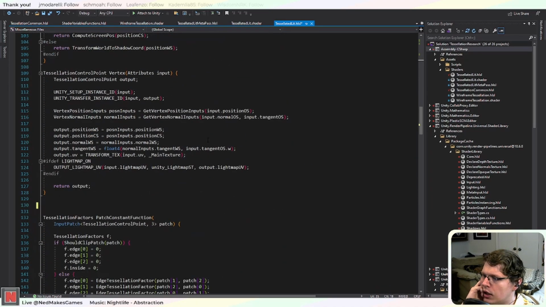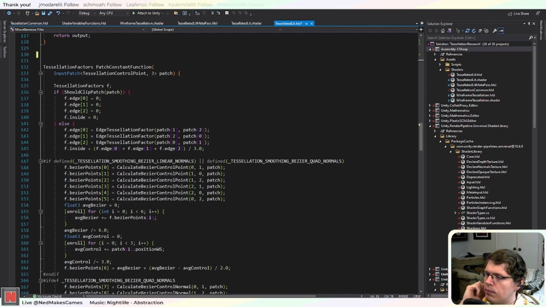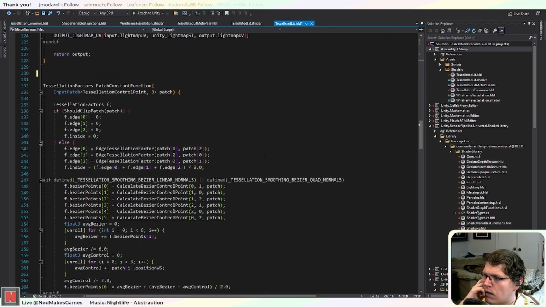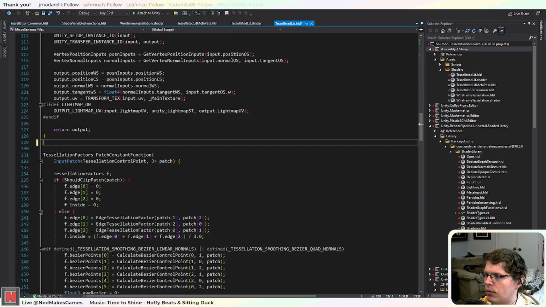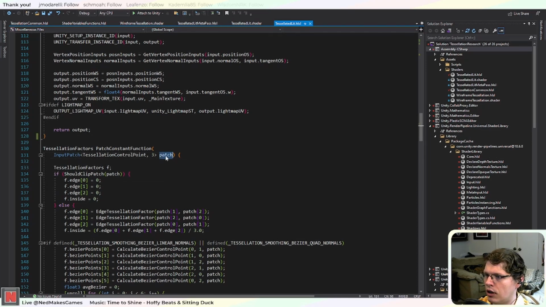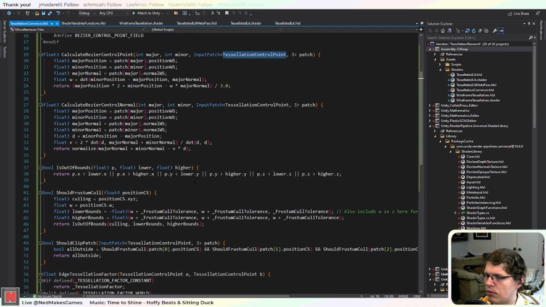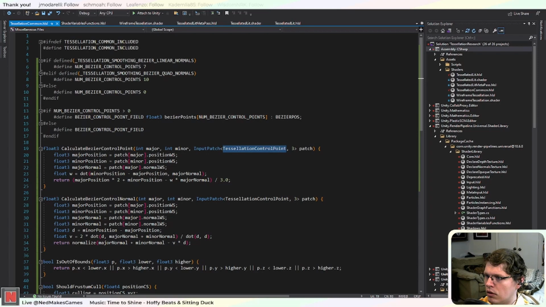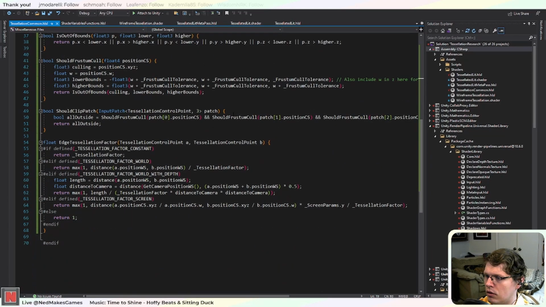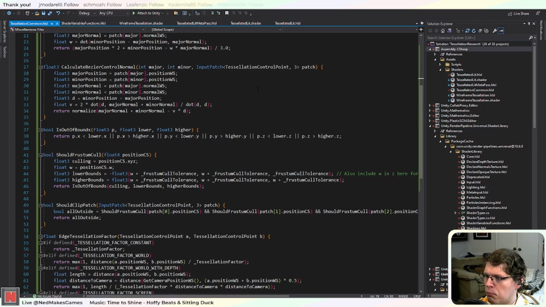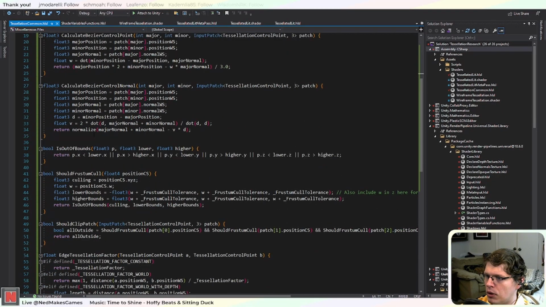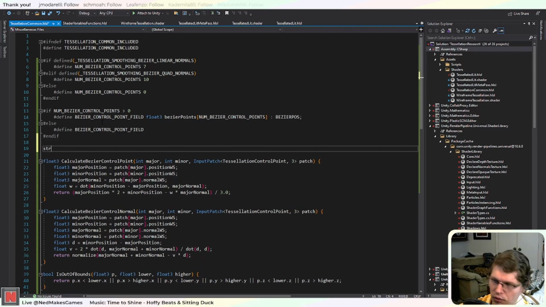There's a couple I could use. I mean, I guess kind of the easiest way would be if we made a structure that just had the world space, clip space, and normal of each point. The only problem is then you'd have to create it in this function, which is, I guess, more trouble than I was hoping. But I guess we're just gonna have to do that. So struct,